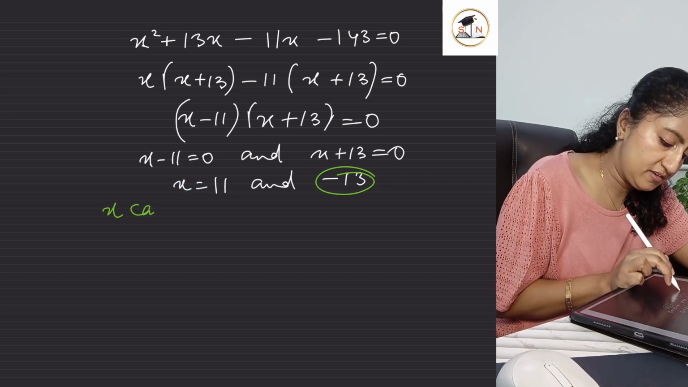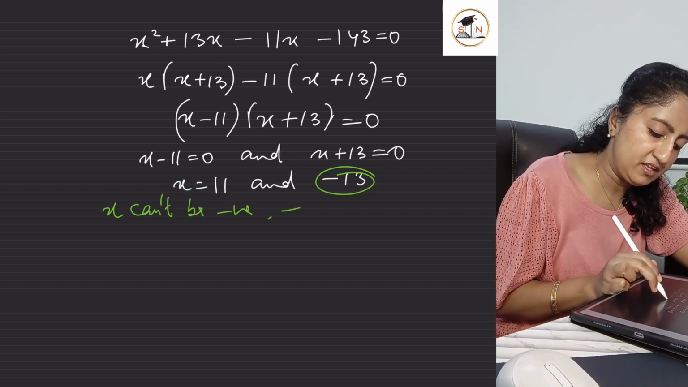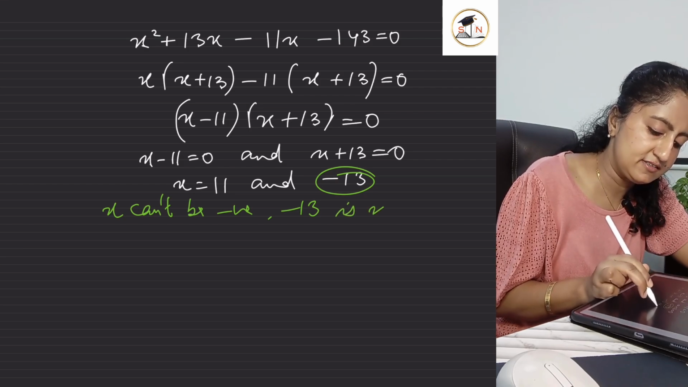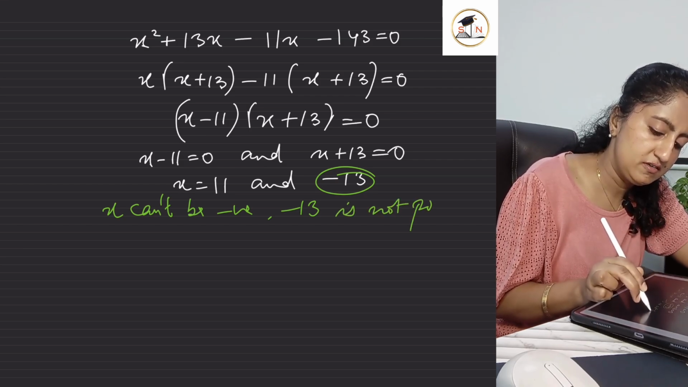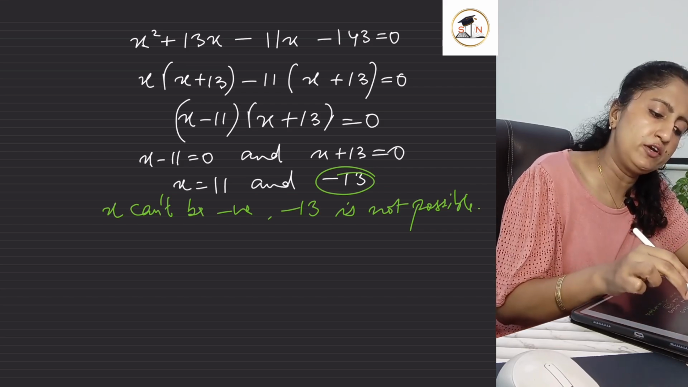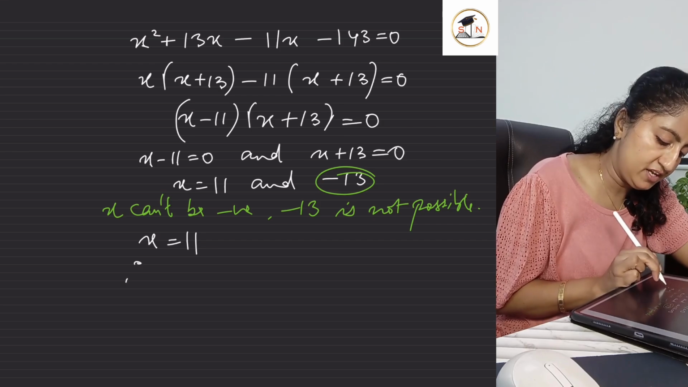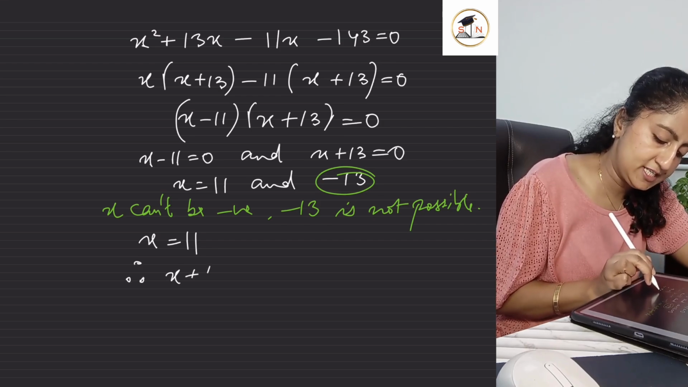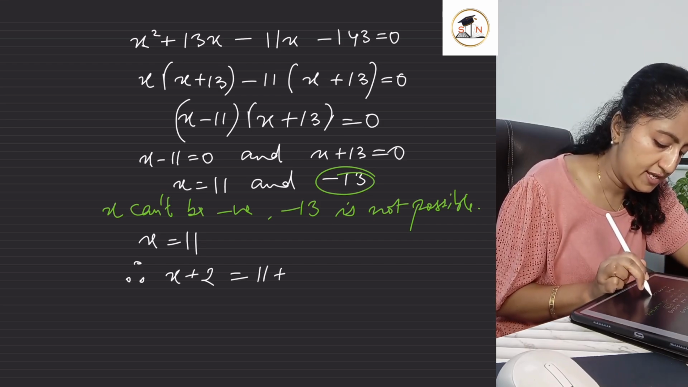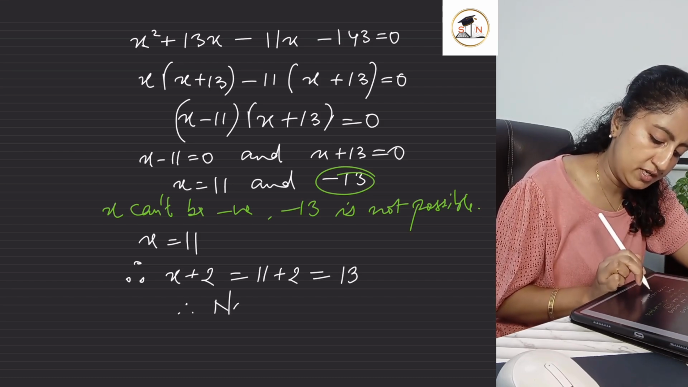X can't be negative. Therefore, negative 13 is not possible. Okay. So we are going to conclude that x equals 11 and therefore the next value, x plus 2, comes out to be 11 plus 2, which is 13, and therefore the numbers are